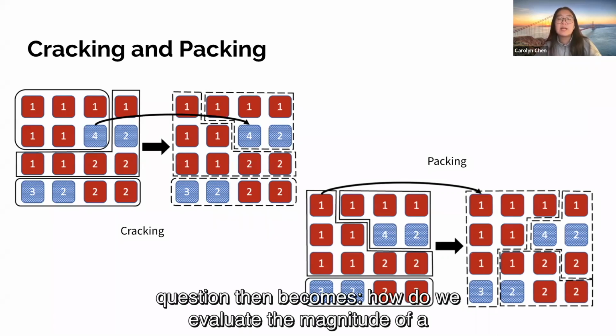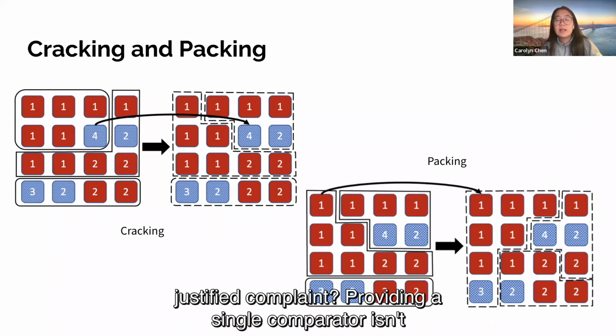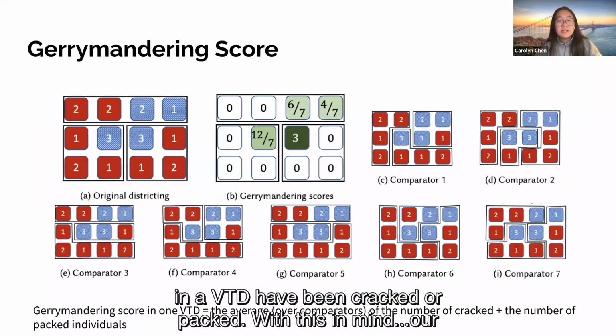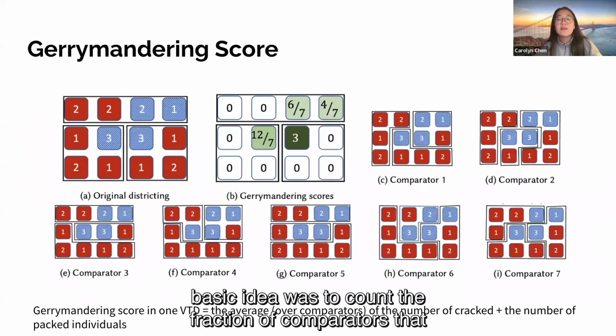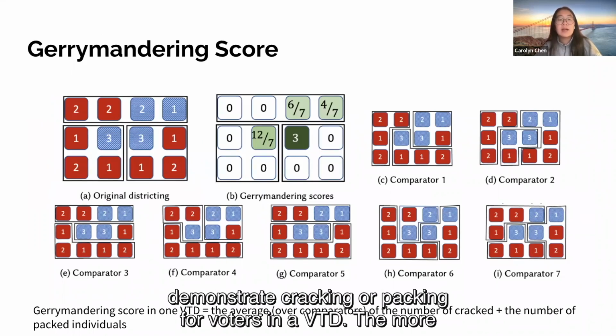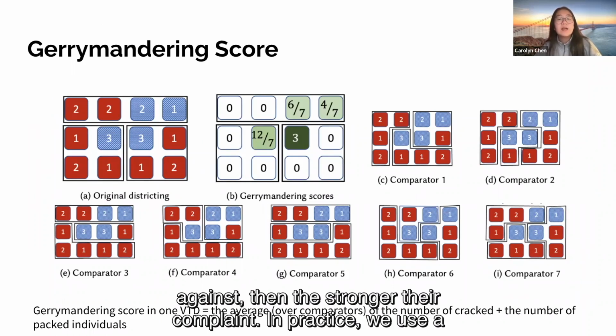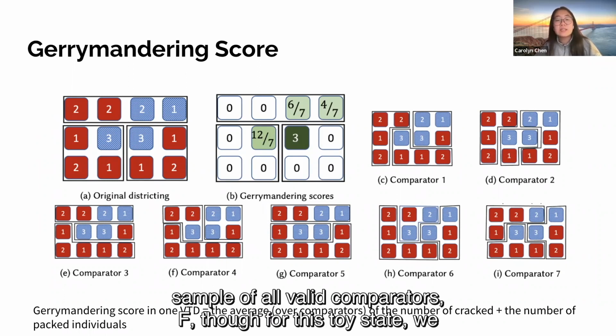of a justified complaint? Providing a single comparator isn't necessarily very compelling evidence on its own that voters in a VTD have been cracked or packed. So with this in mind, our basic idea was to count the fraction of comparators that demonstrate cracking or packing for voters in a VTD. The more comparators a voter can say they're cracked or packed against, the stronger their complaint. In practice, we use a sample of all valid comparators F, though for this toy state, we were able to